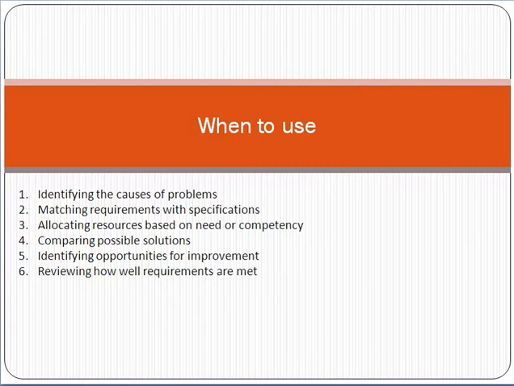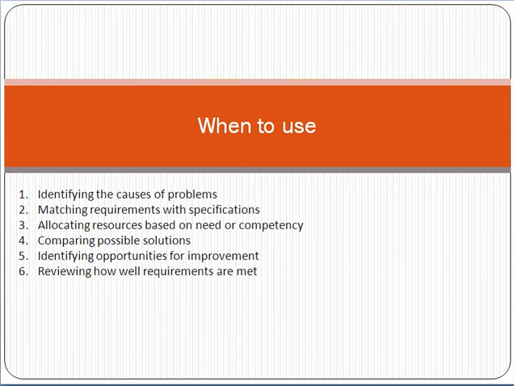Basically you have to identify the relationship. For example, if you have to improve your process, what you can do is identify, just on a paper or Excel sheet, the factors and compare those factors with each other. The purpose of comparing one factor with other factors is that you want to identify some root cause analysis of the problem. You want to improve your process, how you can improve the process. You want to identify how requirements are being met with each other, comparing the possible solutions.